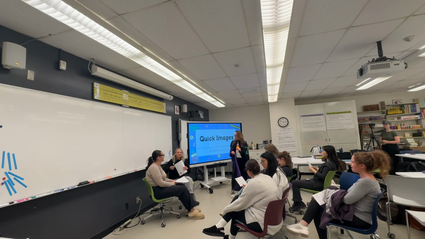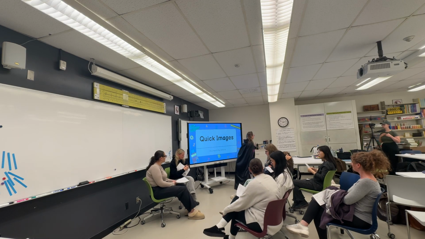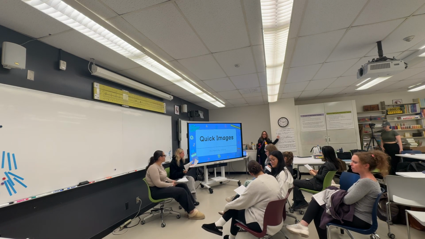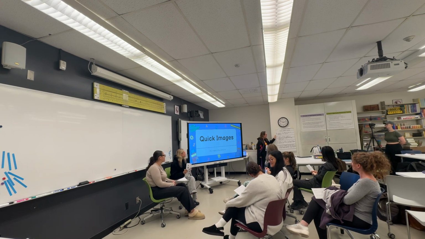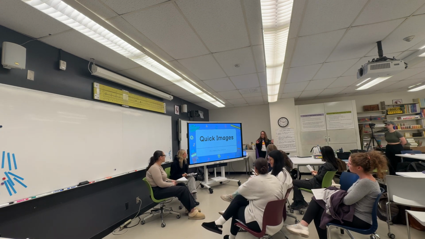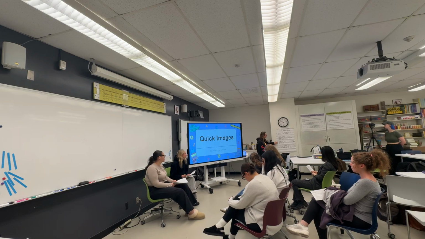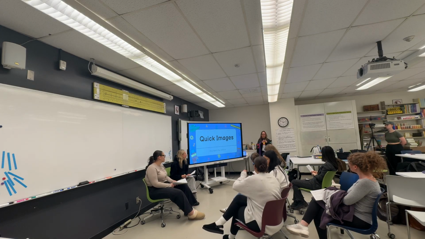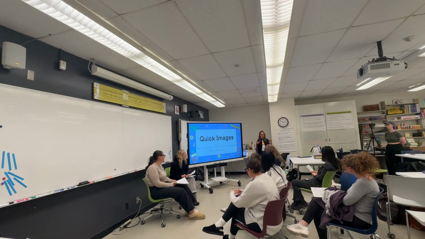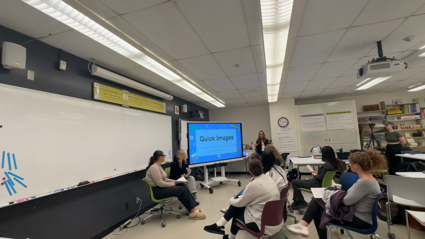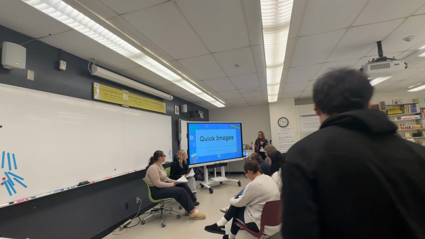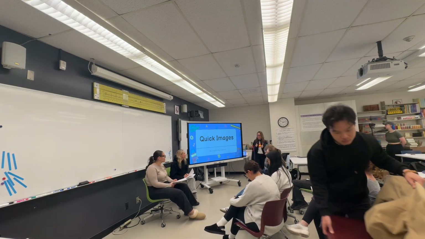And then, so this is a quick image grade 2 activity. And so, just a quick reminder of our goals. For the quick images, the students are learning to subitize quantities. They're also learning that numbers are composed of other numbers, so we can make groups with 2 smaller groups or more than 2 smaller groups. And then for the grade 2, they're especially going to think about the compositions of 5s and 10s. So what numbers make a 5, what numbers make a 10, and how can we use that to add the numbers more easily. All good? Okay, so